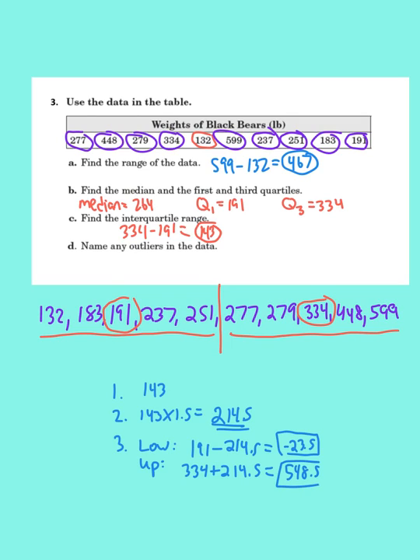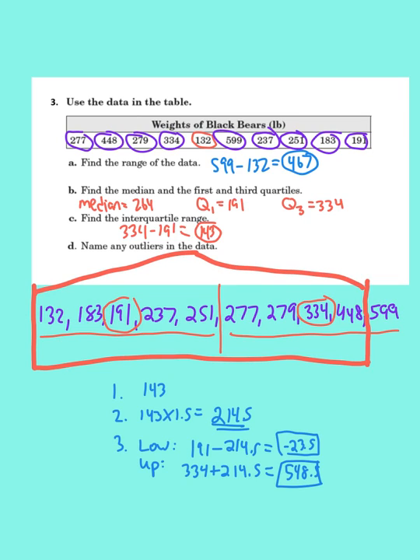Now I'm going to draw those boundaries. Let me put on the red, draw my house here. My lower boundary is negative 23.5, so it is over here. My upper boundary is 548.5, so it will be right here between the 448 and the 599. If I complete my house, there is only one number outside of the house. So that means my outlier, let me switch to purple here, for part D is